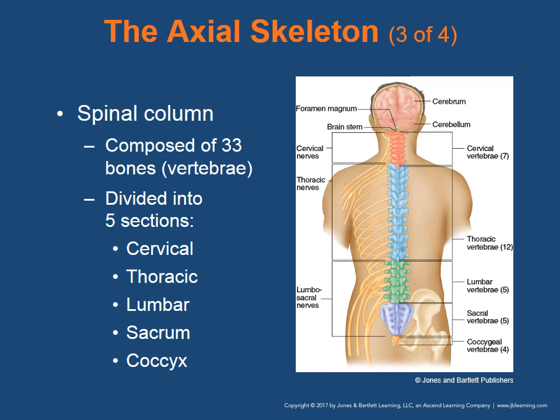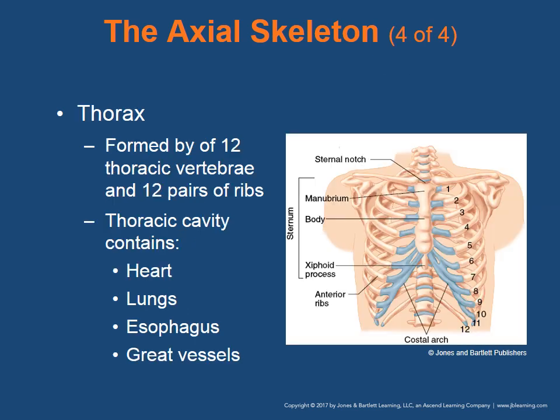So the higher up on the spinal column the injury is, the worse off you can expect the patient to be. The thorax is formed by 12 thoracic vertebrae and 12 pairs of ribs. The thoracic cavity contains the heart, lungs, esophagus, and the great vessels. The great vessels are the vessels carrying the most amount of blood,